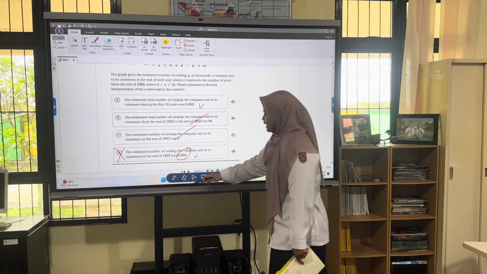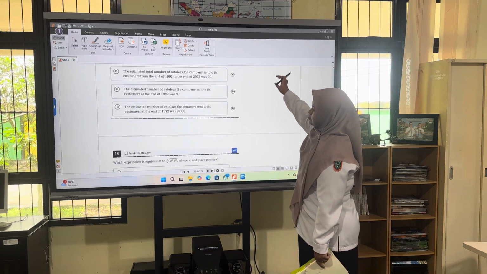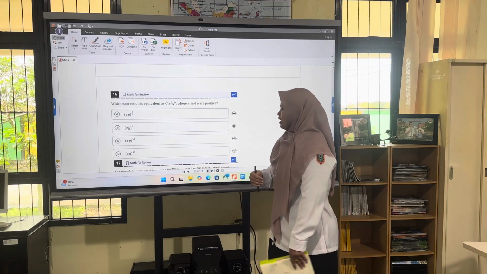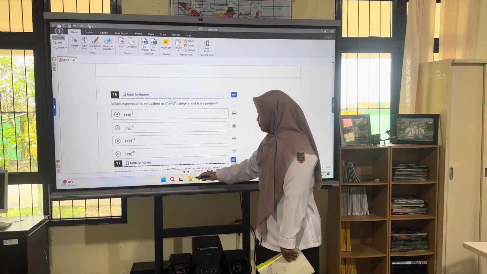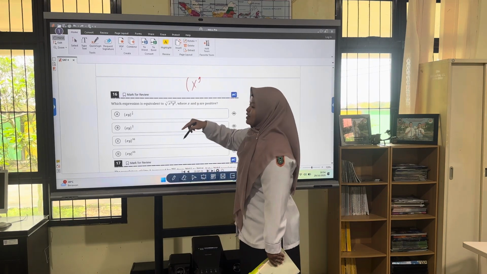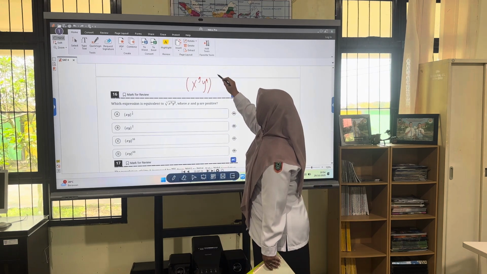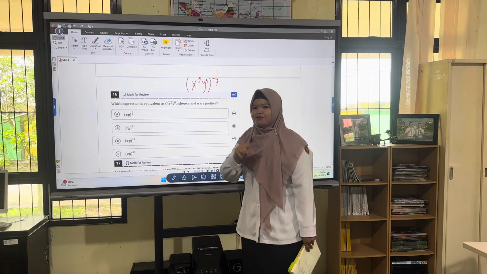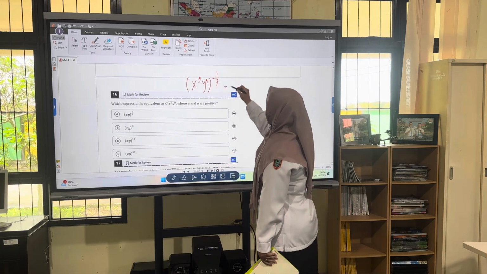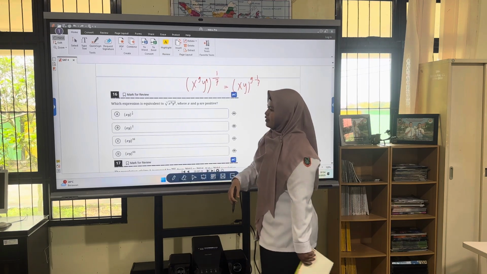Okay, next is another question. This expression, they want you to make it equivalent, where x and y are positive, everyone. If you want to make it easier, you just change the radical to the fractional exponent form first. Because both of the terms have variables, you can combine them to be x, y power 9 times 1/7. So the answer is clearly B.